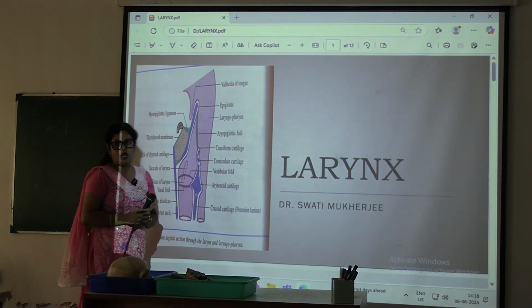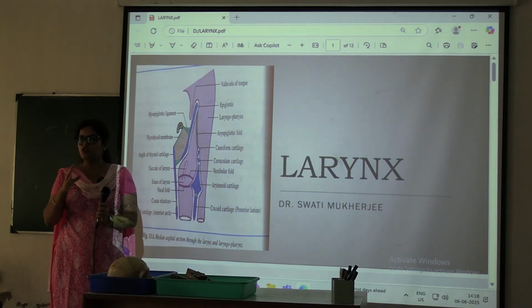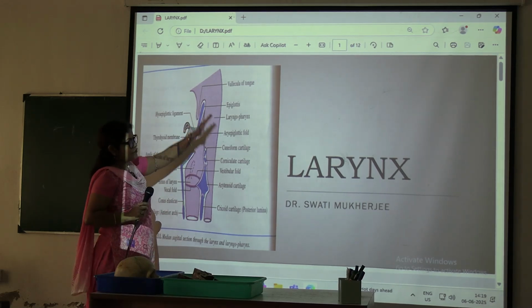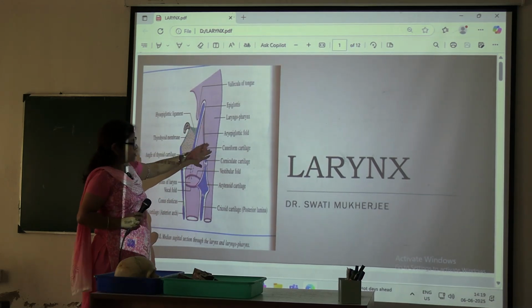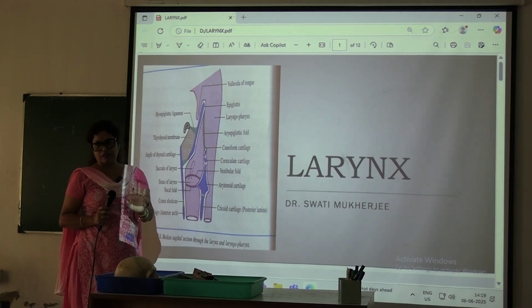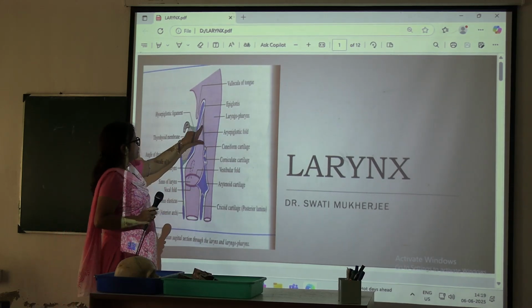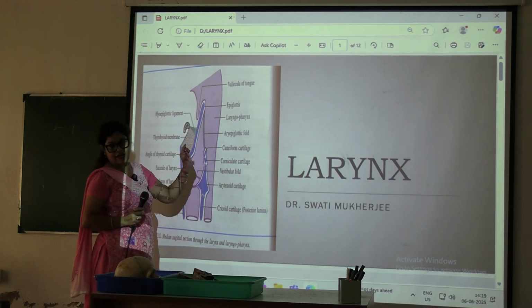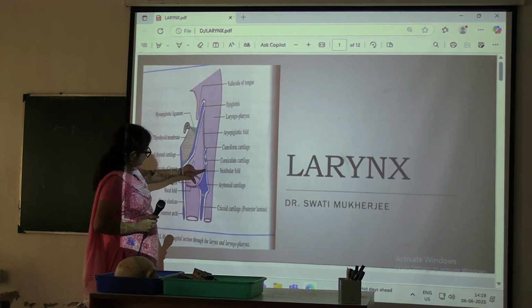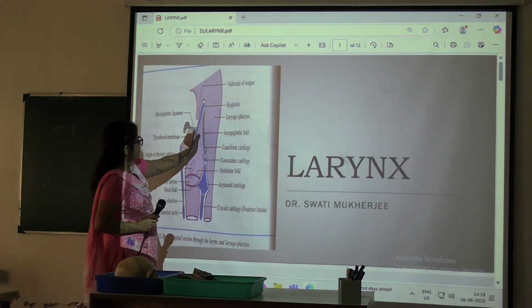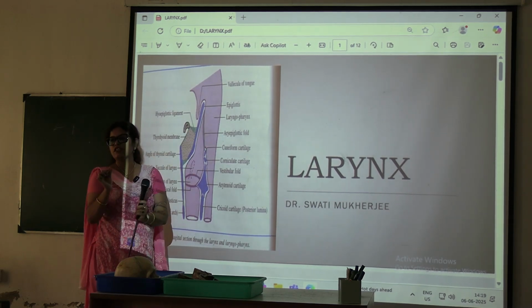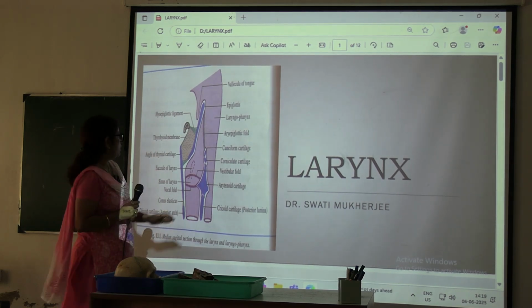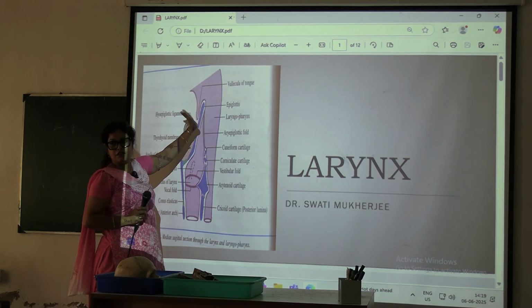Okay. Now how it closes during deglutition or swallowing of food. You have learned in the junior classes that the epiglottis drops over the inlet of the larynx like a lid. That is not the proper mechanism. Here the aryepiglotticus muscle, behind the aryepiglottic fold, contracts, and that brings the arytenoid upwards, and that apposition closes the inlet of the larynx by the aryepiglotticus muscle. Okay, not the epiglottis which acts as a lid. This is not a lid.